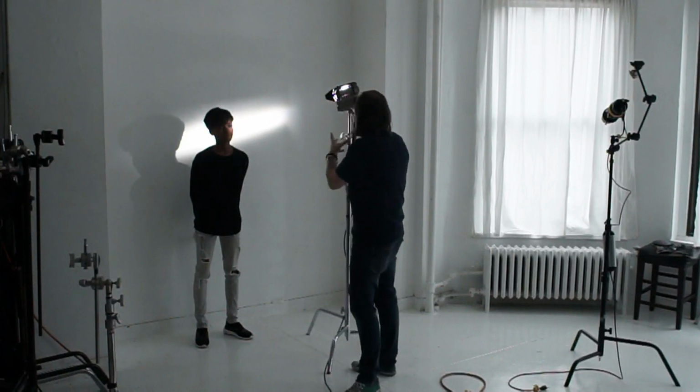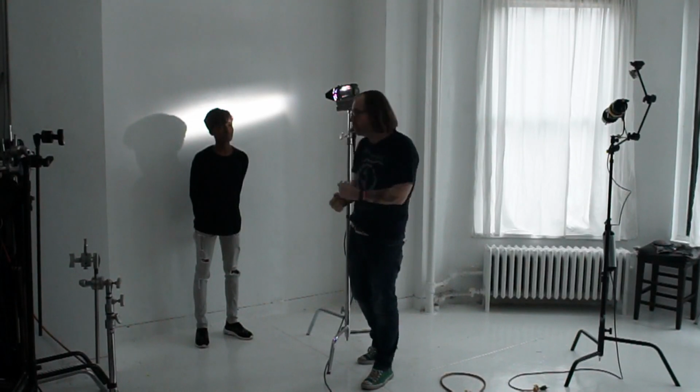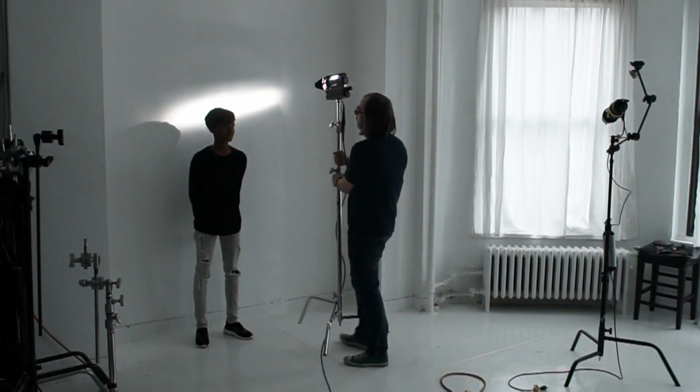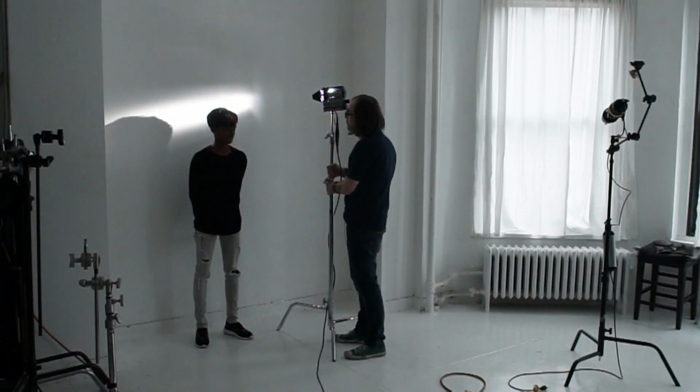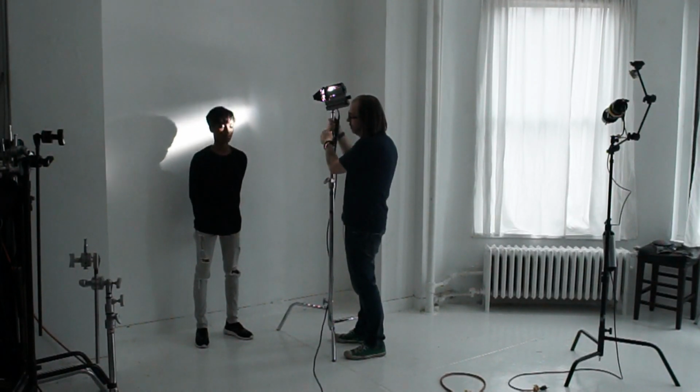So when I use these kind of lights, what I like to do is really light small and specific, right? And that's one of the things these are really great for. They've got these spherical lenses on them, so they have really clean light, so you can put them right on somebody and they still look good. So what I'll often do is very specifically light somebody with it. So I can light just part of,